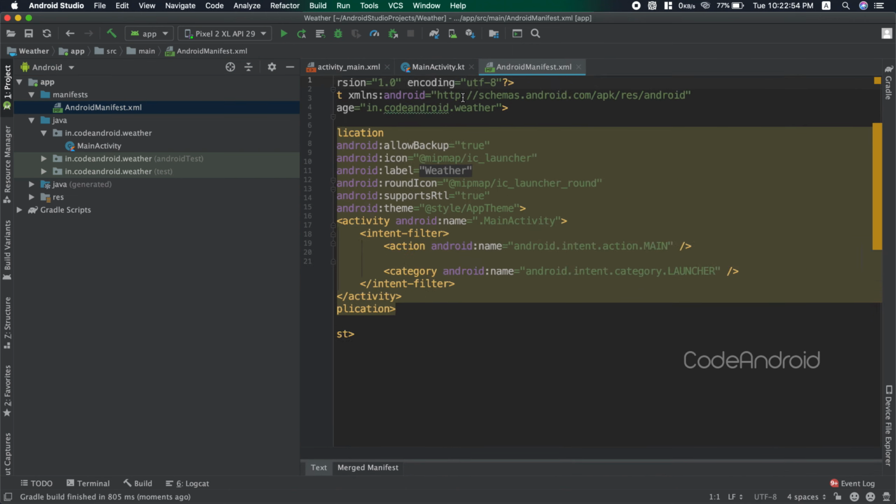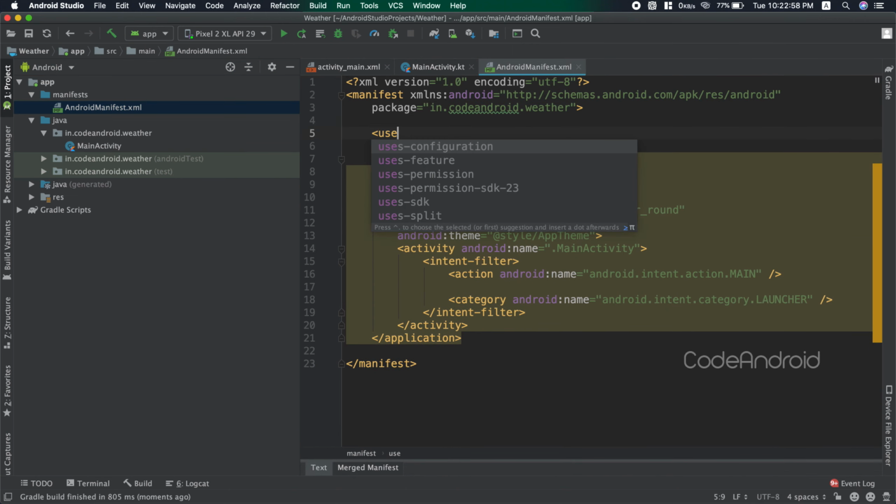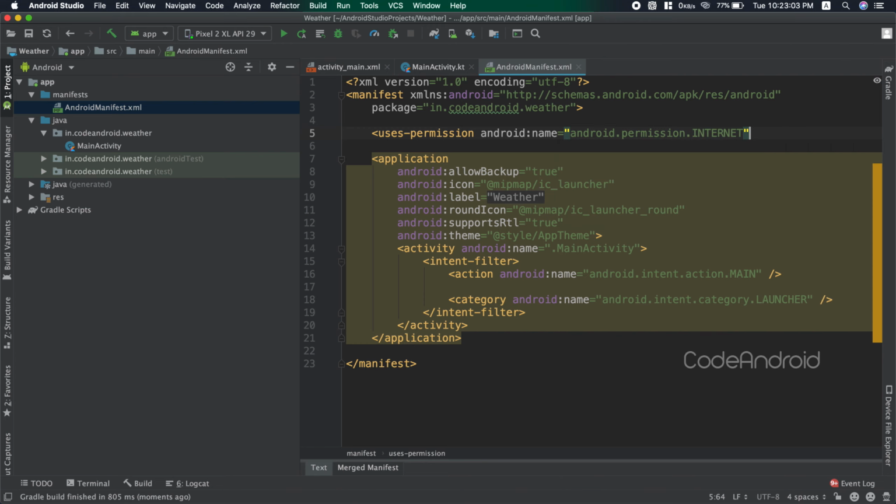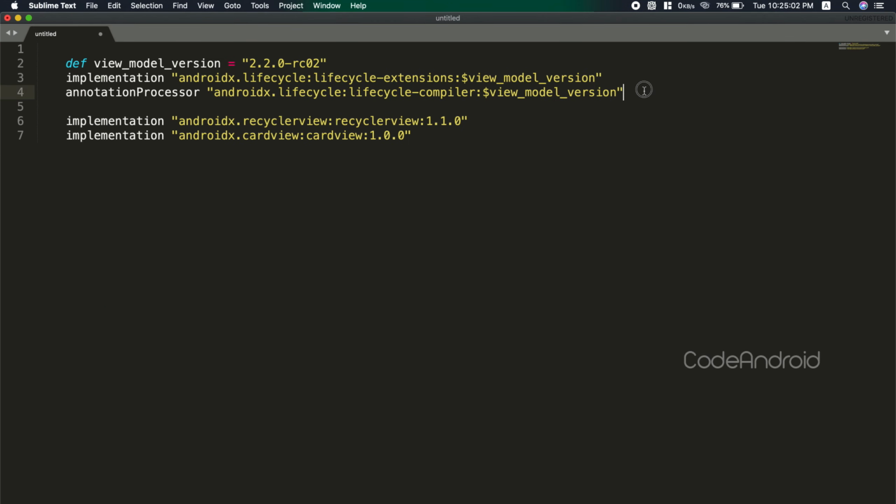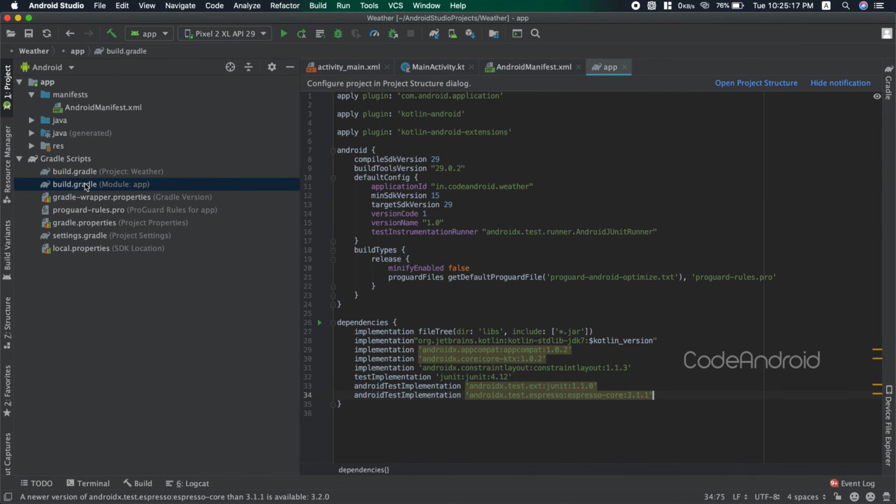This app is going to use the internet, so adding the internet permission on the Android manifest. For MVVM pattern, we use view model, so adding lifecycle dependency. Also, we'll be using recycler view and card view in this project, so I'm adding those dependencies as well into our app level Gradle file.